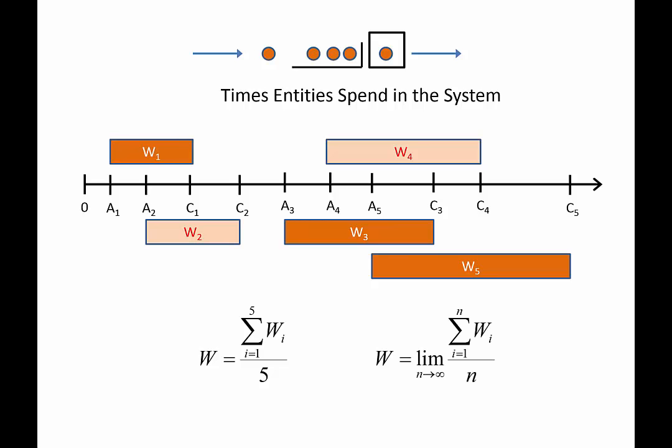And in the general case, we want the limit as n goes to infinity. So we want the average time that an entity spends in the system at steady state. Unlike the previous two, which were time dependent, the time entities spend in the system is what's called an observational statistic, because we have individual observations. In our example, we have 5 individual observations,